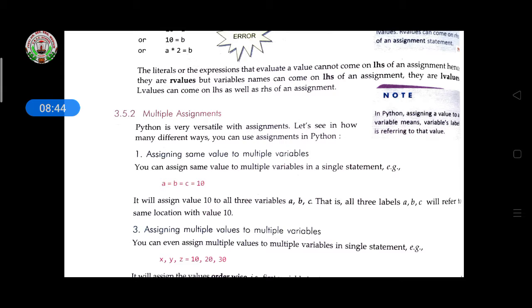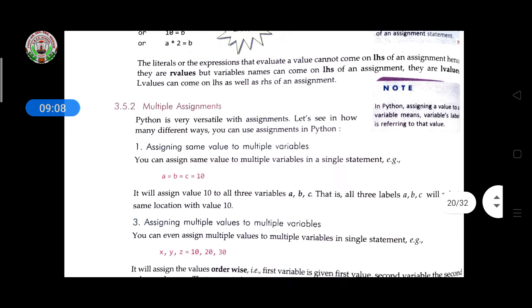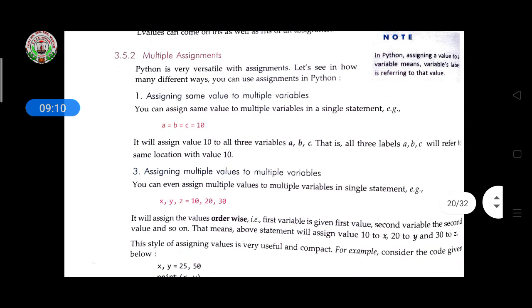So if you are assigning the same value, A equal to B equal to C equal to 10, the value of A is 10, B is also 10, and C is also 10. So it will assign 10 to all three variables A, B, C. That is, all three labels A, B, C will refer to the same location with value 10.